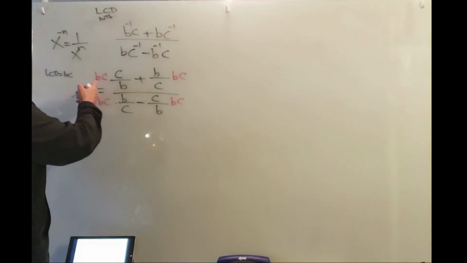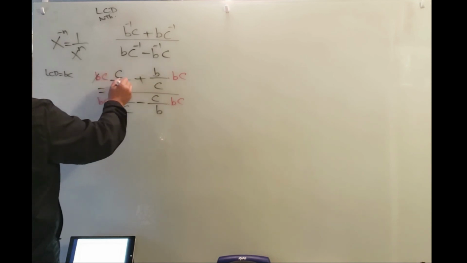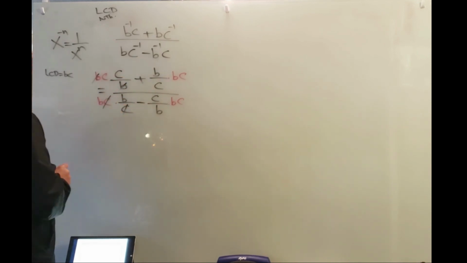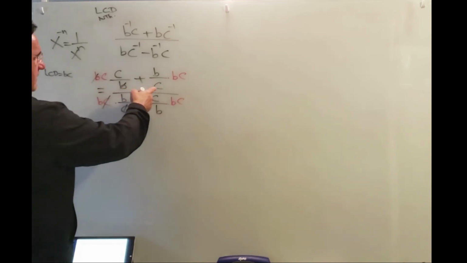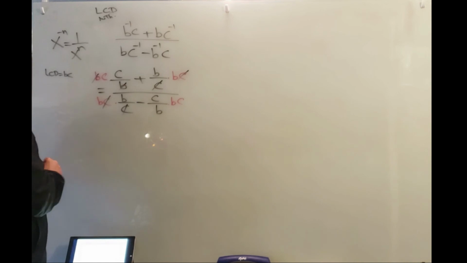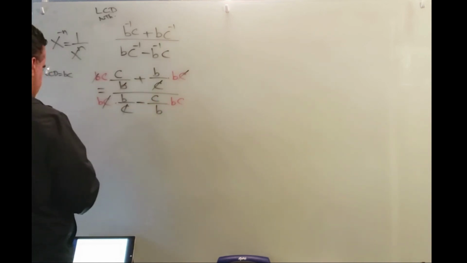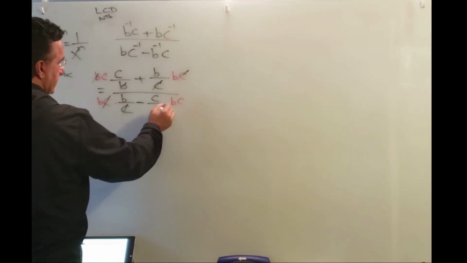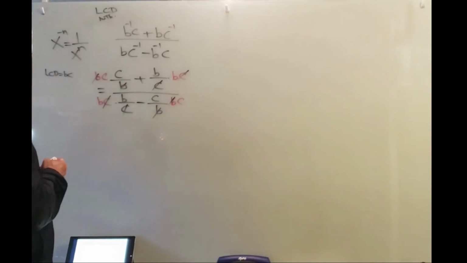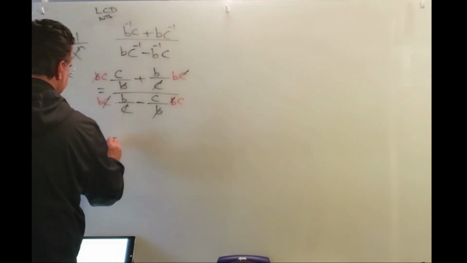Notice that the B's cancel out. Notice that the C's cancel out. And here in this one, the C's cancel out and the B's cancel out. So what we're left with down here basically is